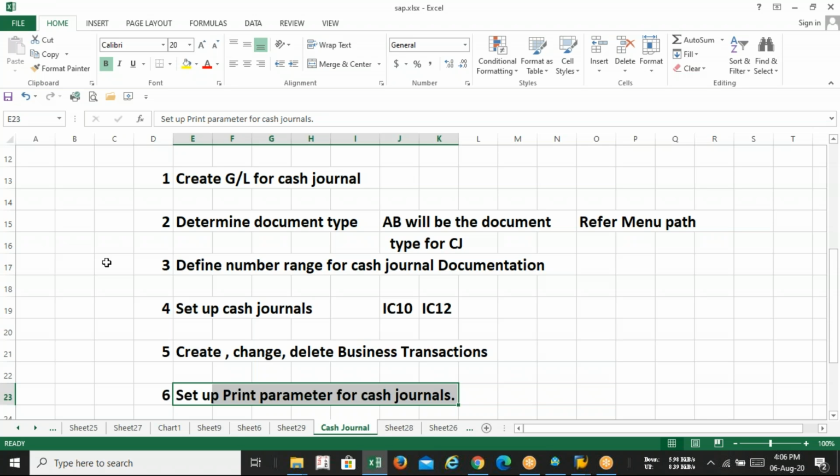Okay, so please make a note of it: all the configuration steps of the cash journal. So guys, everyone of you is getting it now. What are we doing today? Today we are going to configure cash payment and cash receipt, I mean the cash transaction. In today's class, we are going to discuss all about the cash transaction in SAP.